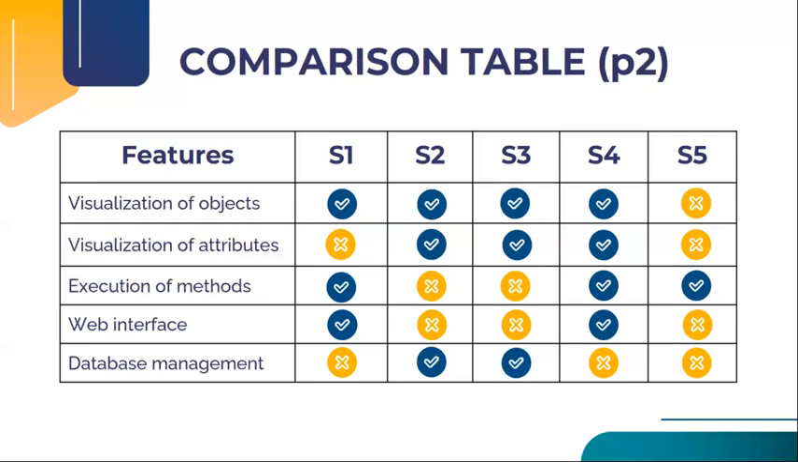This is the second part of the comparison table, which shows other features considered. Visualization of objects, which indicates that the system allows the visualization of objects graphically. Visualization of attributes, which means that the system allows the visualization of the attributes that each object contains. Execution of methods, which refers to the fact that the execution of methods belonging to an object is allowed through